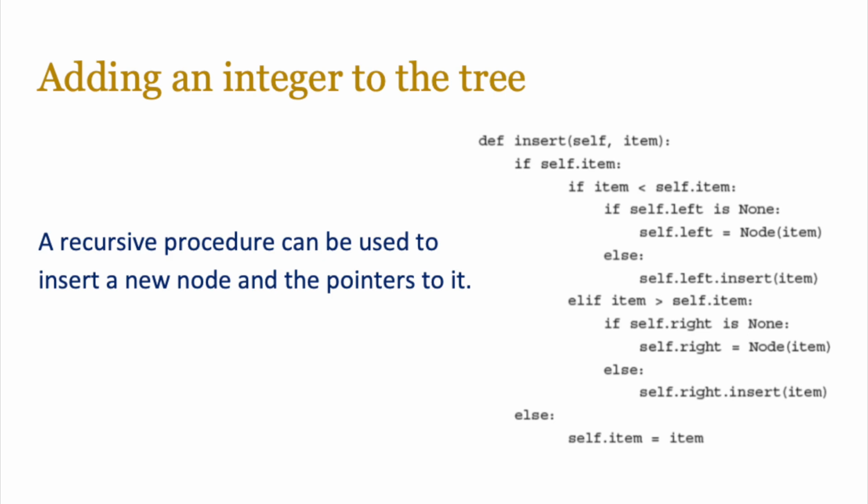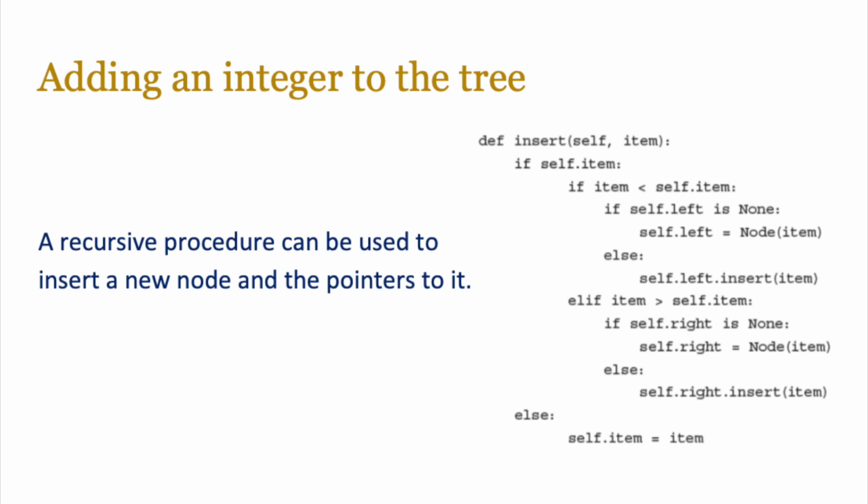Well, we can use a recursive procedure because obviously you need to keep checking the pointers until you find the right place. So we're going to create a method called insert, which is going to take that new item value that we want to insert. And if self.item, basically means if the node exists. If it doesn't exist, then don't do any of this because you need to insert this in the first position. But if there is an item already, that means we already have 27 as the root node,